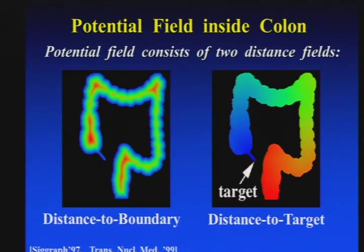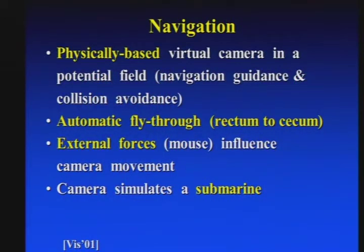We also have distance to target that basically pulls the virtual camera from the beginning to the end, from the rectum to the cecum, and then we can turn it around. The navigation is physically based, and the automatic fly-through is from the rectum to the cecum and back, without external forces. Of course, we can apply external forces and get closer to a polyp, examine it from a different orientation, and we kind of simulate a submarine inside